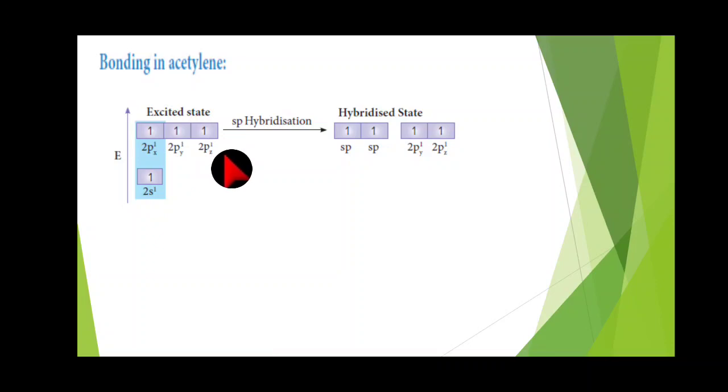Even though it goes to the 2pz orbital, the 2py and 2pz make pi bonds. The s orbital electron and the 2px orbital electron alone are involved in sigma bond. So sp hybridization. So the last 2py and 2pz are separated because they are involved in pi bond. Pi bond means sidewise overlap.